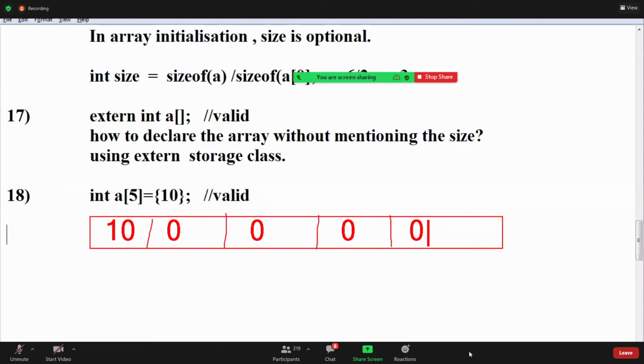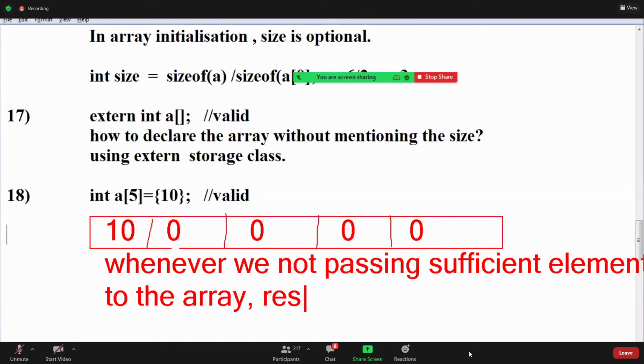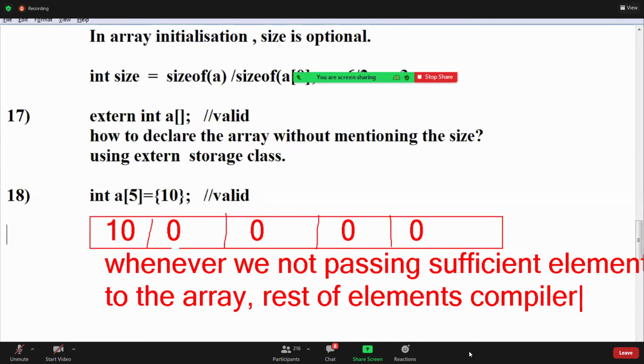Whenever we are not passing sufficient elements to the array, the rest of the elements, the compiler initializes to 0. Compiler, guys, remember, it means the compiler initializes to 0.